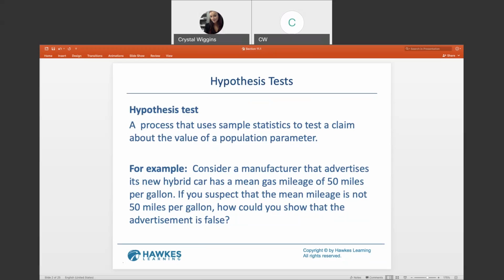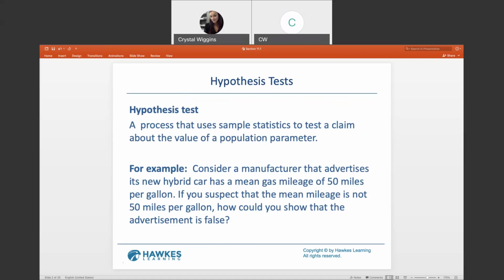So what would happen is they would go to this dealership or the manufacturer. They would, let's say, collect 100 hybrid vehicle cars that are all stated to get 50 miles per gallon. They fill up the gas tank to absolute full. And in order to keep consistent, really, it should be one driver driving all 100 of these vehicles from full tank to empty. And then they would calculate the miles per gallon for each of the 100 vehicles driven. Then you take that, you add all the 100 together and divide by 100 to get your X bar, your